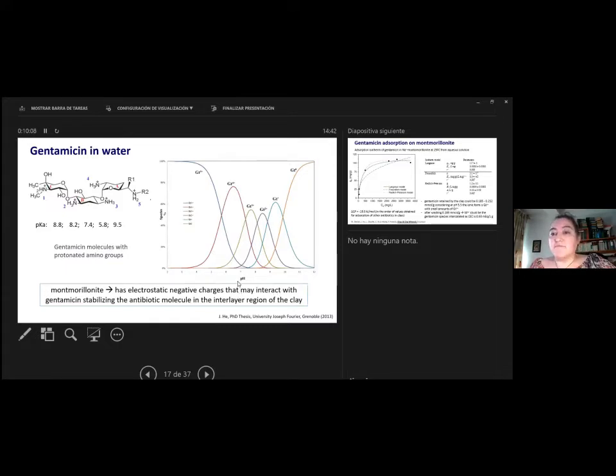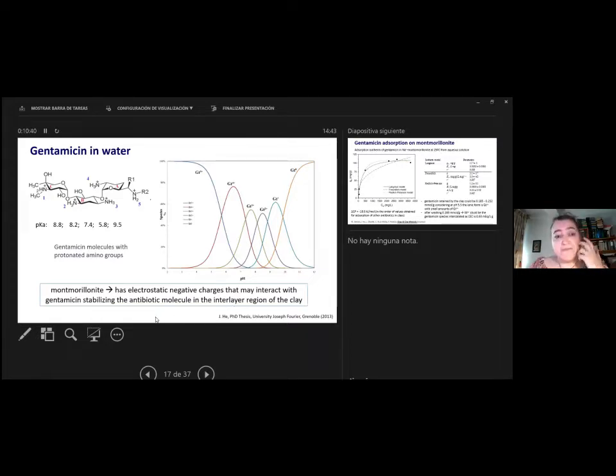In general, at the typical pH in water with the clay, between 5 and 8, there are typically 3, 4, or 5 possibilities to protonate, I mean three, four, or five positive charges in the molecule. This is interesting because it creates electrostatic interaction with the negatively charged clay,